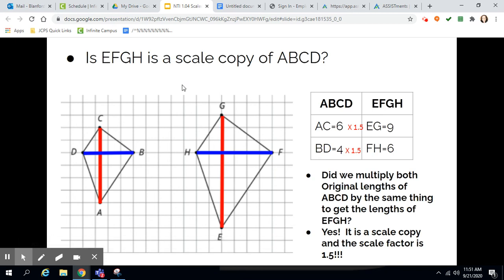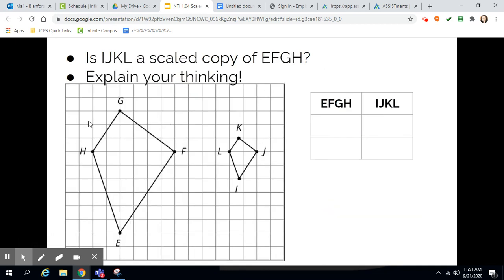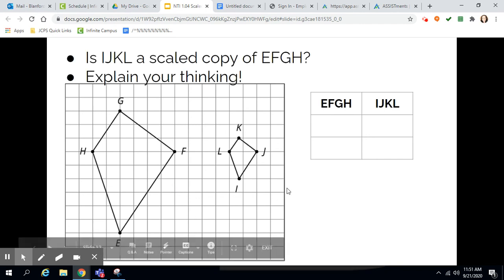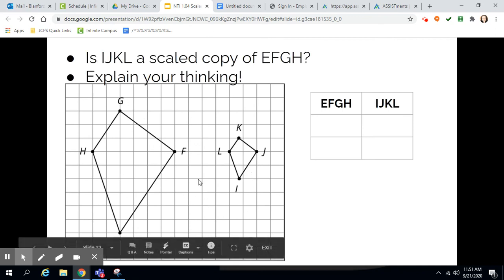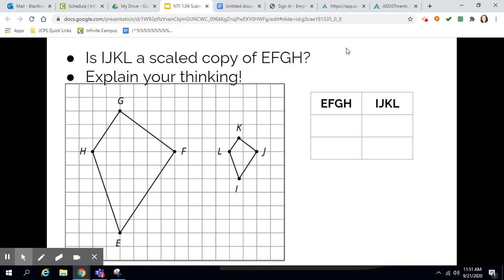Now, you try. Here's our same figure that we just had. I want you, as a cool down today, to figure out, is this IJKL a scaled copy of EFGH? I even gave you a little table here to help you out. So once you finish this, you're done with your cool down,